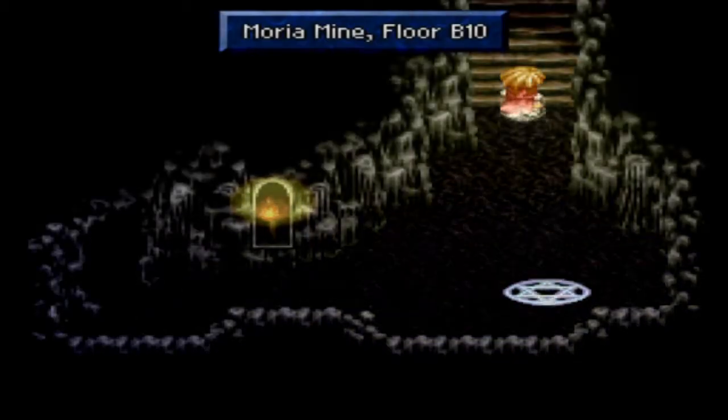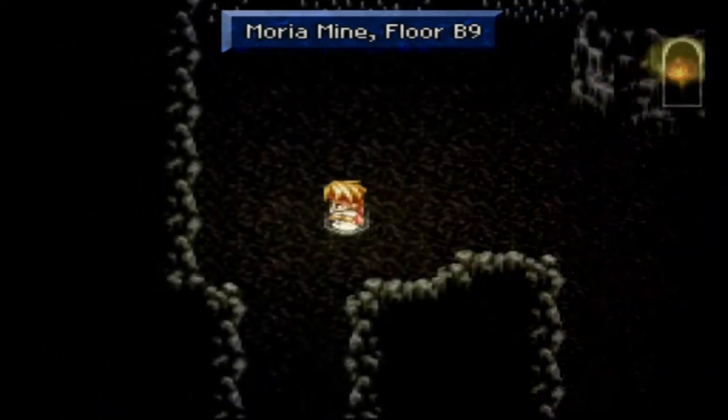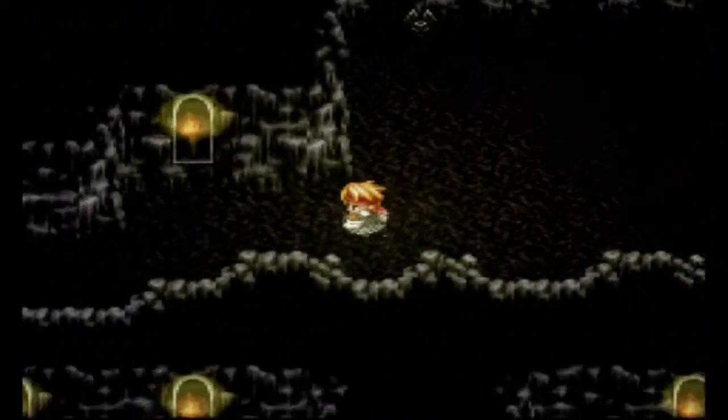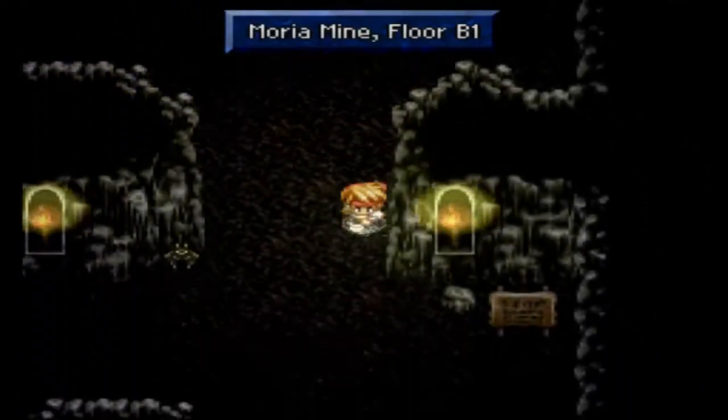Emergency exit takes us all the way back to floor 10. So, just real quick, you know what? Why not? I'll run all the way back. We'll show it on screen. It won't take too long to get back because we're just taking these shortcut stairs all the way back up. Come on, let's get out of here. Can I make it out of here without any more encounters? Probably not. Probably going to get at least one more. I'm tempting fate by saying this, but...